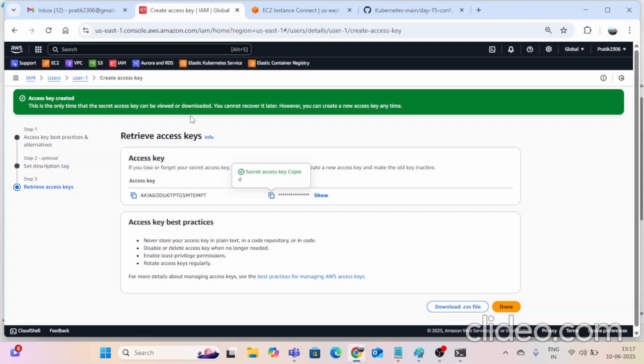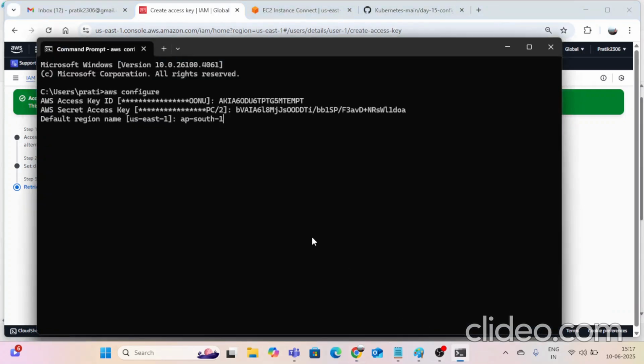But the user is the global one. Okay, no problem. AP South one, give this JSON. And give here aws eks update